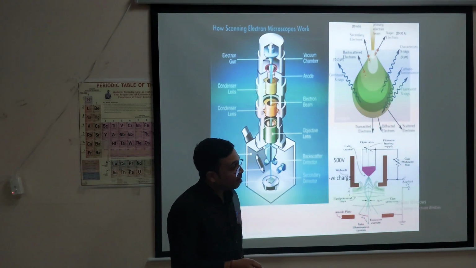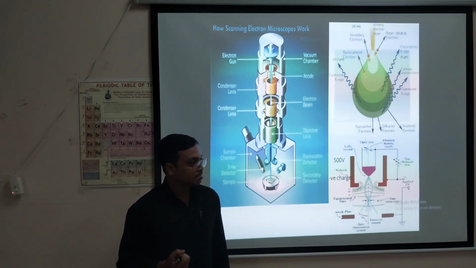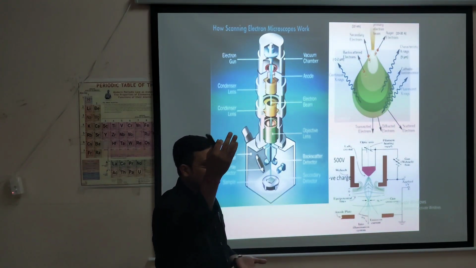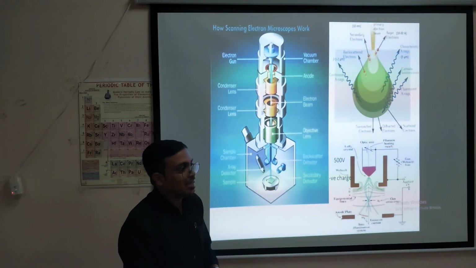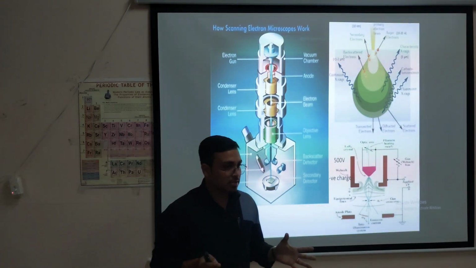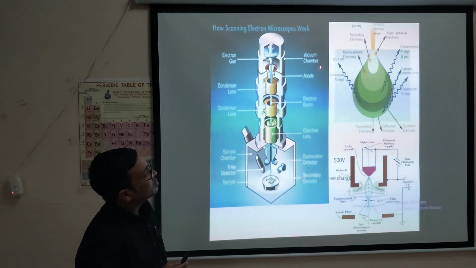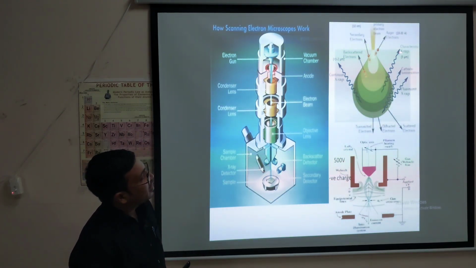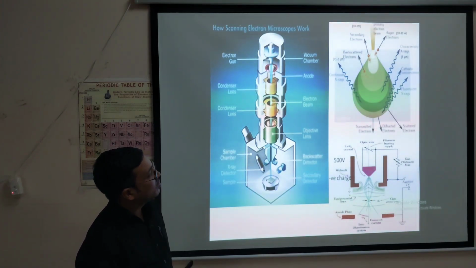It might hit the atom. Some atoms may absorb that electron energy. Some electrons may get scattered from the surface. Some get reflected from the surface. Some go beneath and then get scattered. So all will have different types of properties. Accordingly they are named the secondary electrons, backscattered electrons, X-ray electrons, Auger electrons, cathodoluminescence, fluorescence, then your transmitted electrons, then your continuum X-ray.